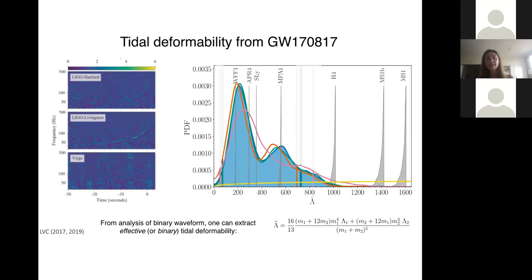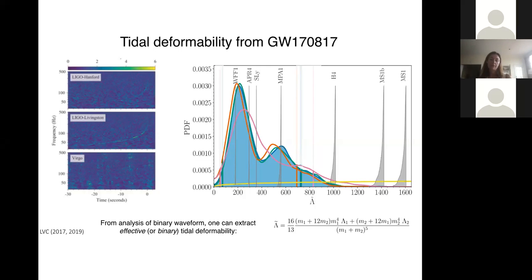Last but not least, the gold standard is the tidal deformability that we can measure from neutron star mergers. It suffers the least from systematic uncertainties of the other methods in terms of getting at a radius. The downside is we have a total of 1. And why don't I say 2? Because there's only one event, 170817, that has high enough signal to noise ratio to actually infer the tidal deformability